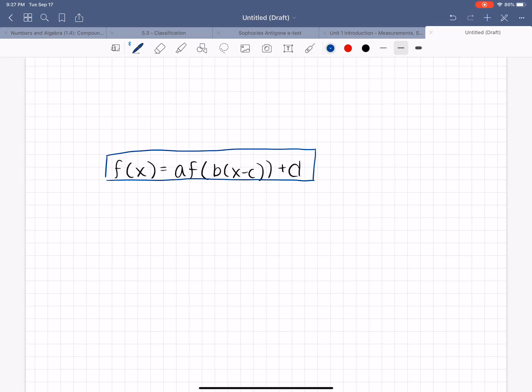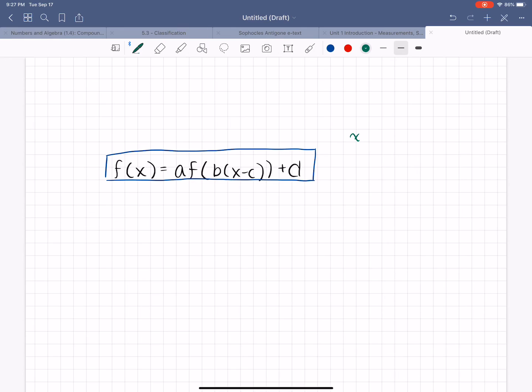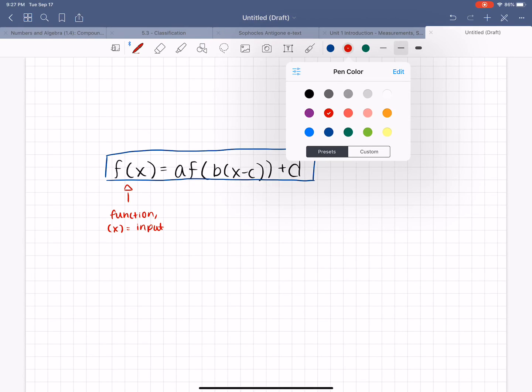Essentially, when we manipulate a graph, we're manipulating two components: the x component and the y component. Different variables in this expression manipulate different things. If I broke it down, we call f of x our function, where x is equal to our input. Before we jump to that, the outside terms, so essentially